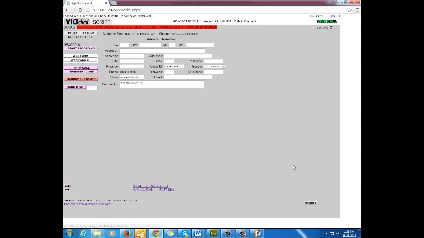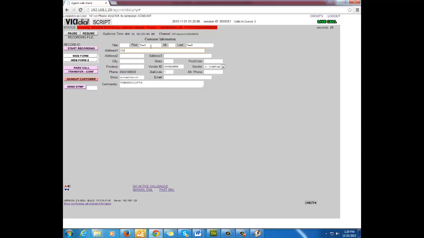I'm going to mute my phone so that it doesn't sound. So as we go through here, this is what an inbound call looks like. A call would come in. We're talking to the customer about getting Comcast services or Charter services, and we want to make sure that we fill out all of the information as we're talking to the customer, if they do want to get service. So we're going to say test 5,